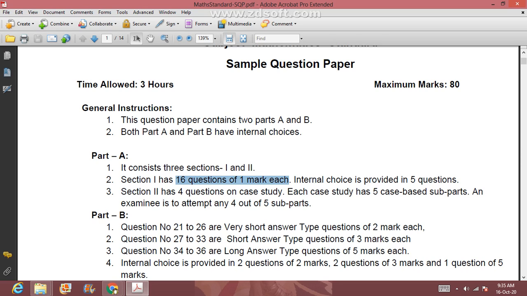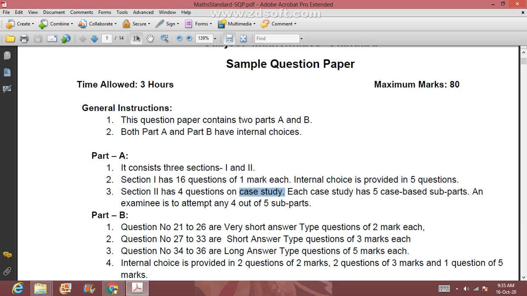Okay, so this is section 1 from part A. Section 2 has 4 questions, and it is on case studies. This is a difficult part. See the word case study. Earlier, in the paper pattern, there were no case studies in the paper, but here the case studies are included